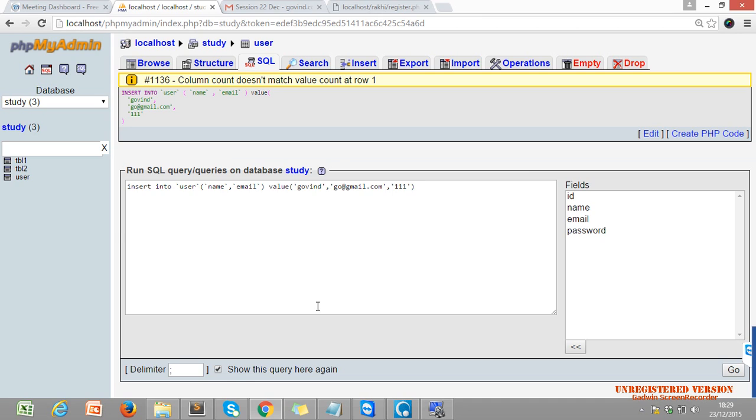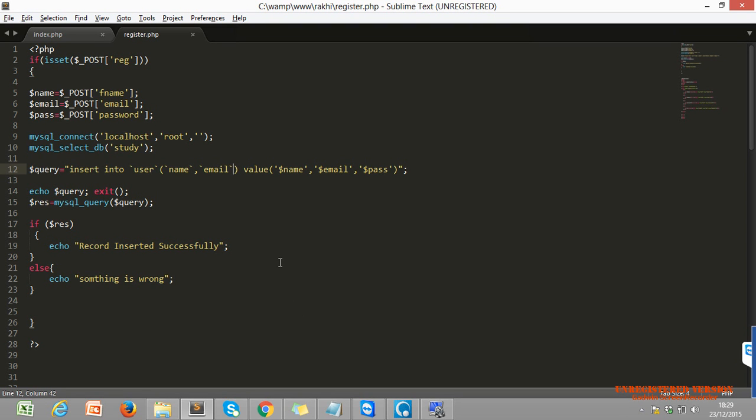You can make a mistake in the SQL query, or you can make a mistake in the PHP code. If you didn't use correct code or the correct function, then our program will not run. So you have to debug by yourself. Okay, I'm just commenting out this line. We don't need this line every time. Now our code is correct. Whenever our form is submitted, the value will be inserted into our database successfully.